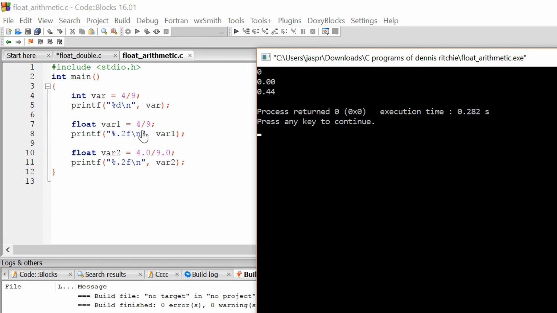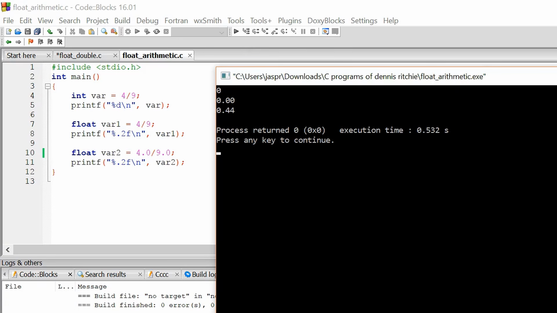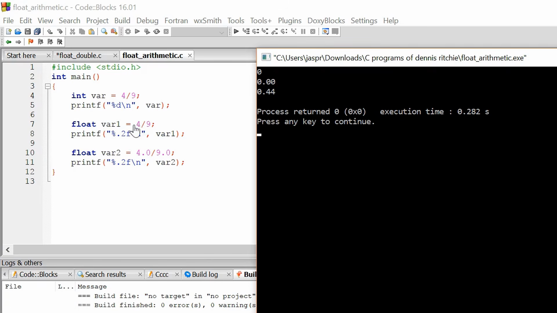Now suppose I store the result into this float variable and try to print it. Maybe this time I'll get the right answer, but here as you can see, I will again get a wrong answer. It is 0.00 instead of 0.44. The reason behind that is, here we are performing the division between two integer values.